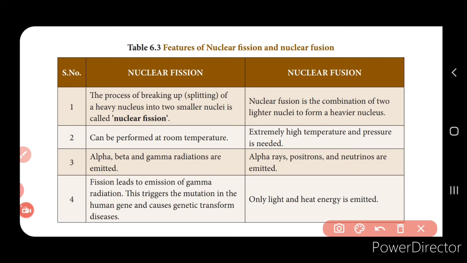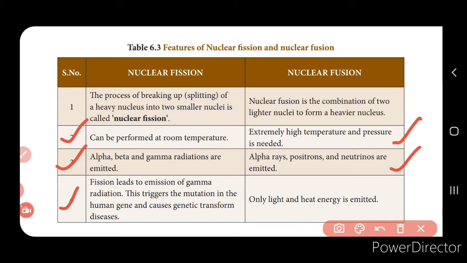And if you see the condition that is required, the fission reaction can be performed at a very normal temperature. And the fusion reaction, I just now said, needs a very high temperature and pressure. So this is the condition for the fusion reaction. Now here alpha, beta, gamma radiation will be emitted. Here the alpha rays, positrons, neutrinos are emitted, right? And the fission reaction leads to emission of gamma radiations, which